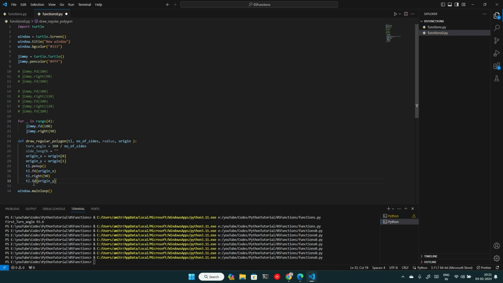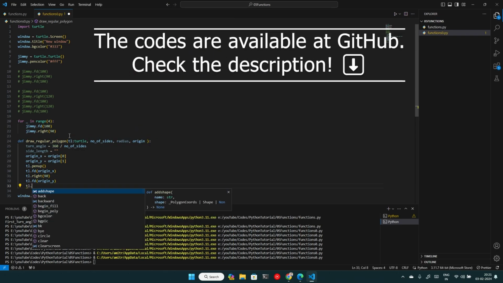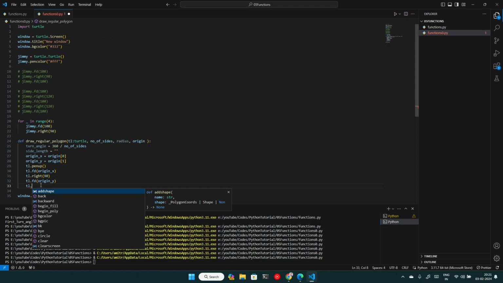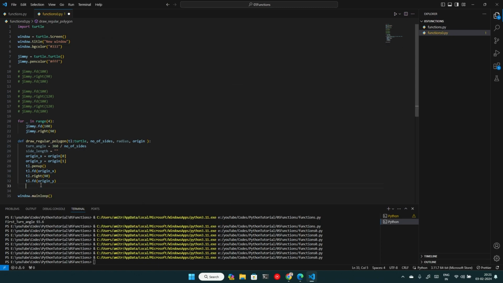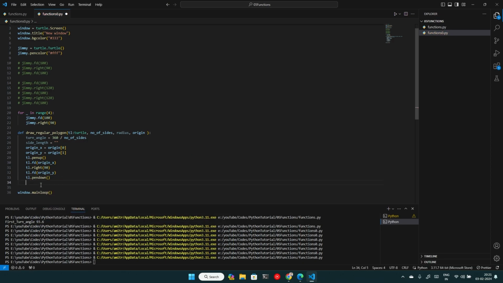So now we are not getting this type annotation, so for that what we can do, we can simply provide turtle. So now we can get all the things. So if we just do TL dot, we shall get all the recommendations. Now it has to do the pen down, and we will write the for loop.